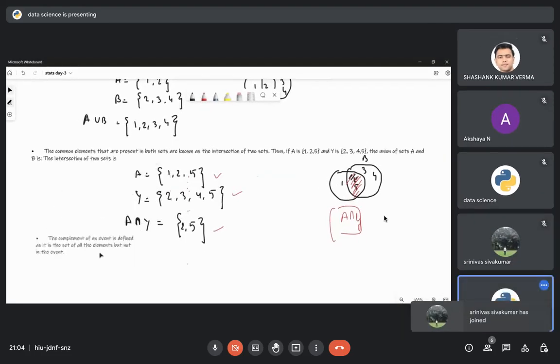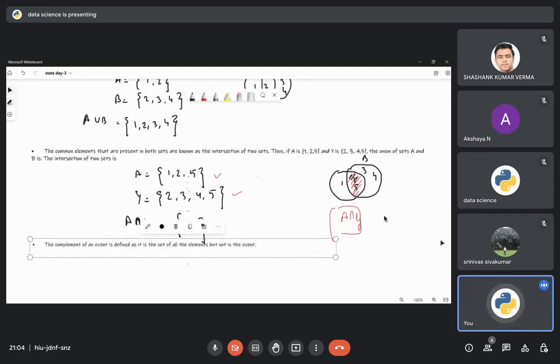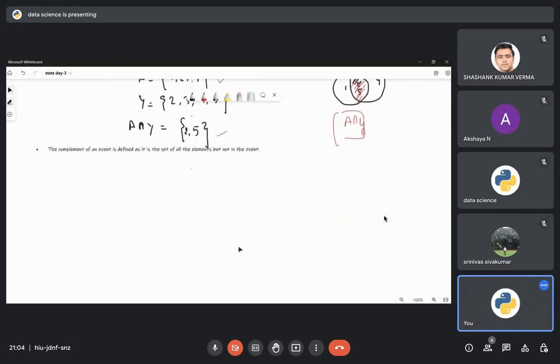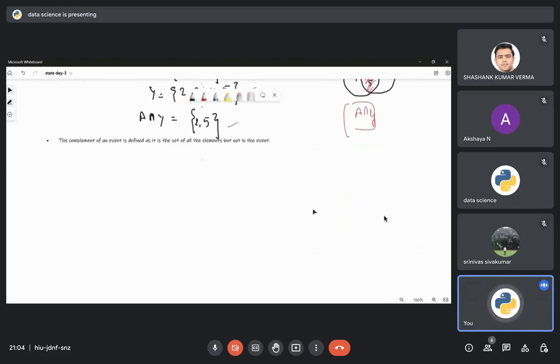इसको यहाँ पे लिखता हूँ. The complement of an event is defined as the set of the elements that are not in the event. Means,